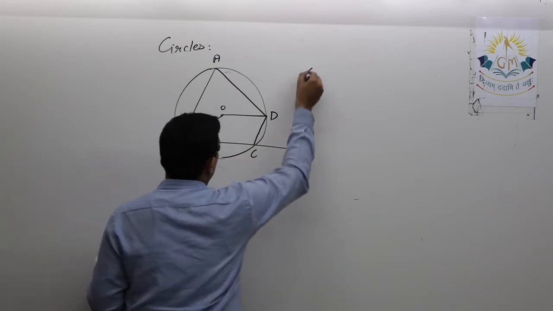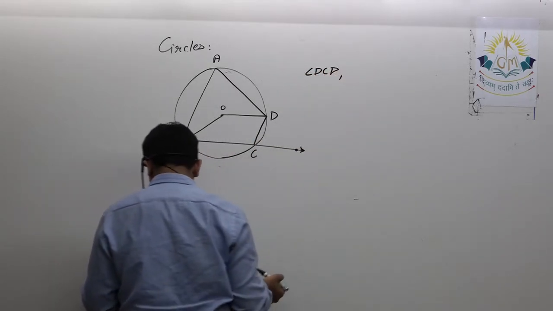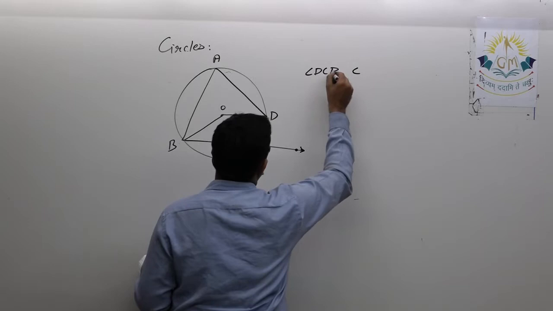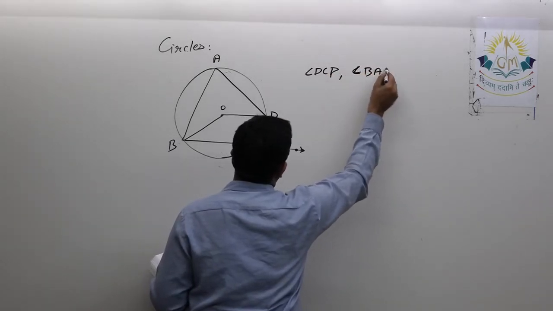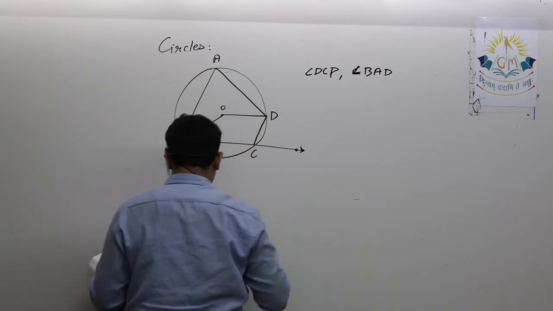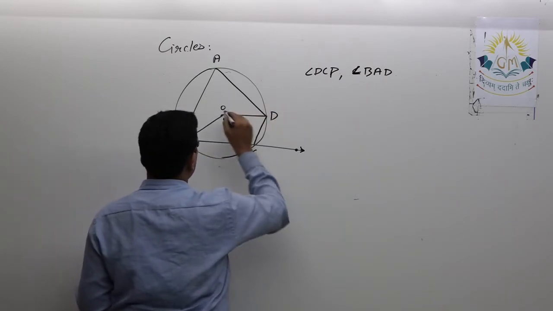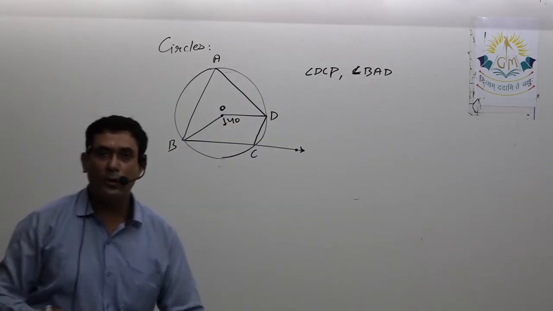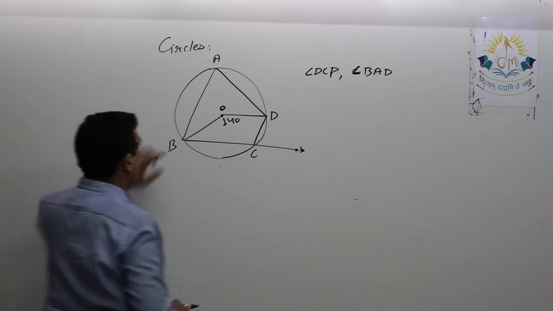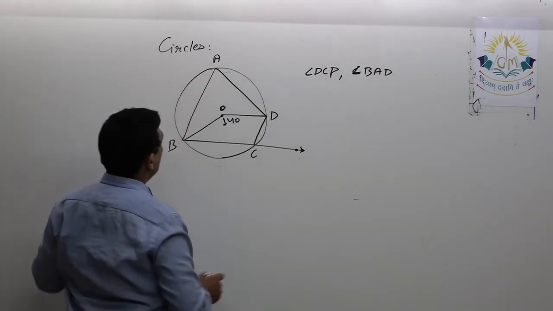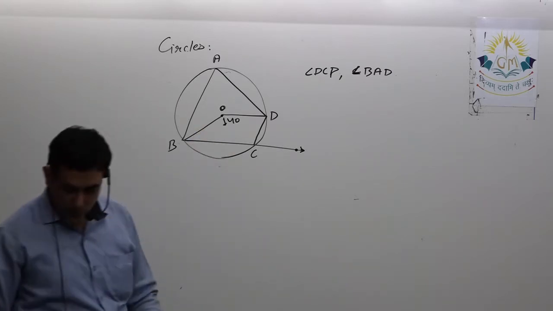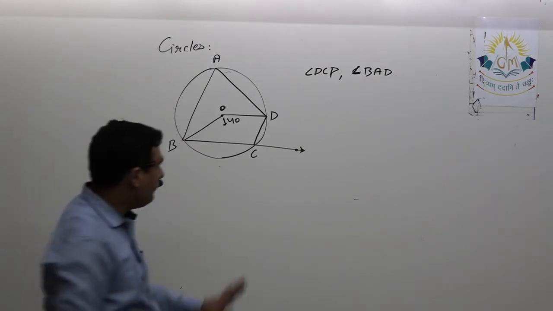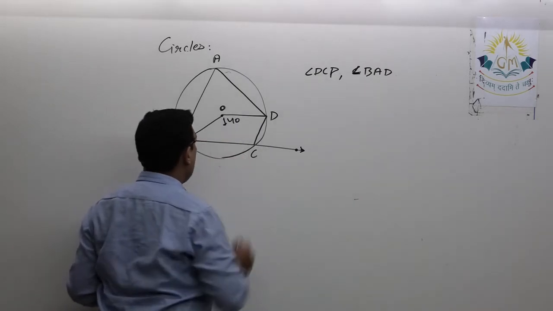Okay, so here first you have to find angle DCP, and next you have to find angle BAD. These two angles you have to find. Angle BAD and angle DCP. The given measurement is this 140 degree. O is the center of the circle. Okay, this information definitely will be given to you. If it is not given, do not consider O is the center of the circle by your own. So here O is the center of the circle. Okay, this angle BOD is equal to 140 degree, and what you have to find are these two angles.